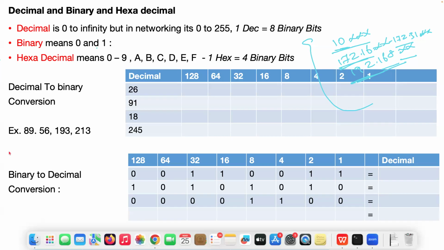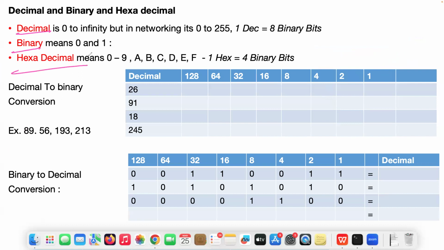Let's compare number systems. In networking, there are 3 major types of numbering system. One is called decimal, second is binary, and third is hexadecimal. When you say decimal, 0 to infinity is decimal numbers. But for network engineers, it is 0 to 255.